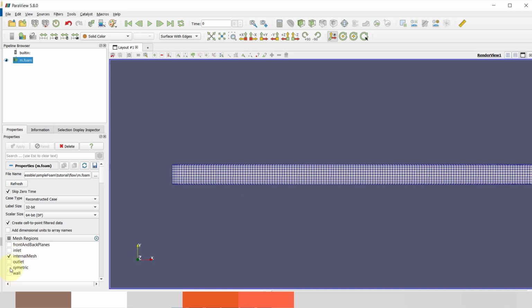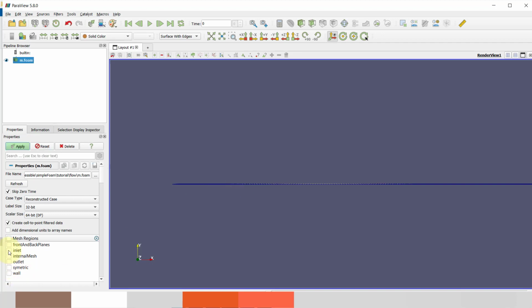So we have a symmetric wall condition here, and our inlet and outlet conditions. You can see this is the inlet and this is the outlet, and our wall is this one, the upper one. If I select all of this, you can see that our box is complete.